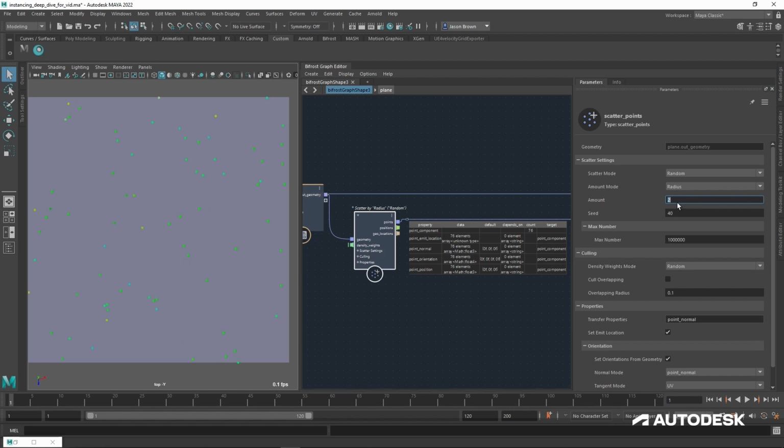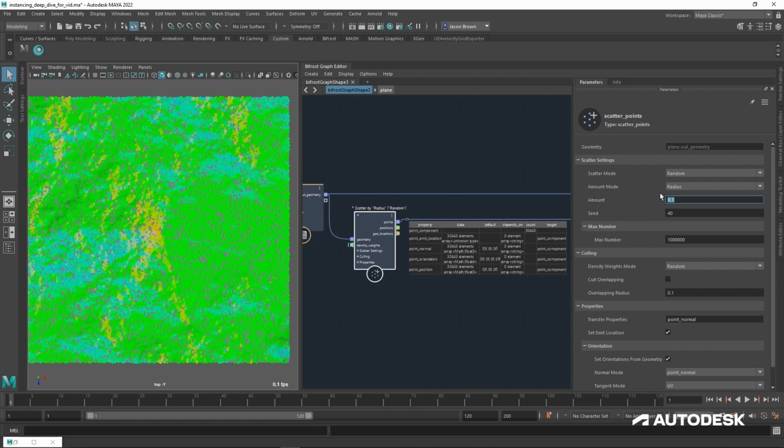If I have a radius of 0.1, I got 30,000 points. Now just imagine if I had a radius of 0.1 on a 400 by 400 unit grid. Then you would start to run into things like billions of points. If I had a radius of 0.005 or 0.001, because that's the density I needed on my scatter, you're going to end up with billions of points. And I don't know what your machine is capable of, but mine would crash really, really quickly. So that's basically how all of this section, the scatter settings, work.